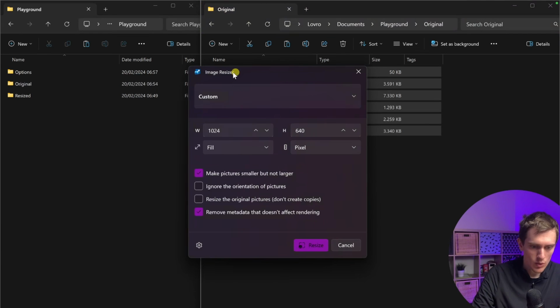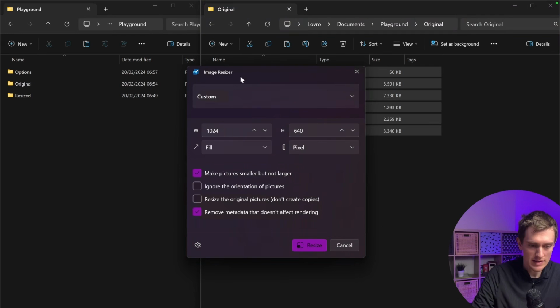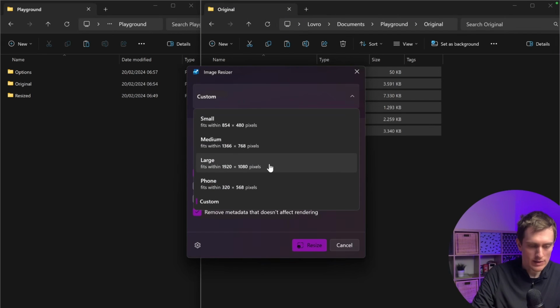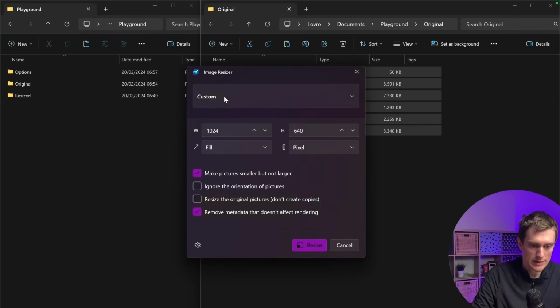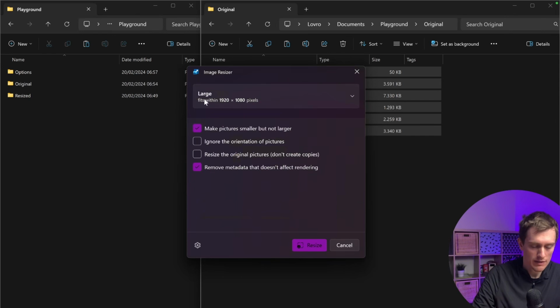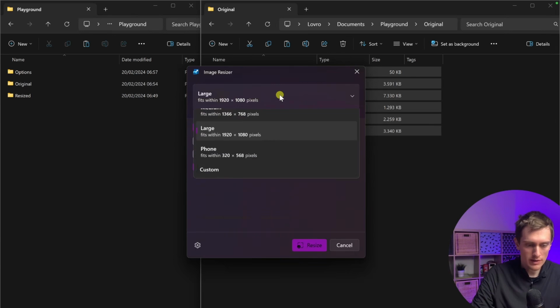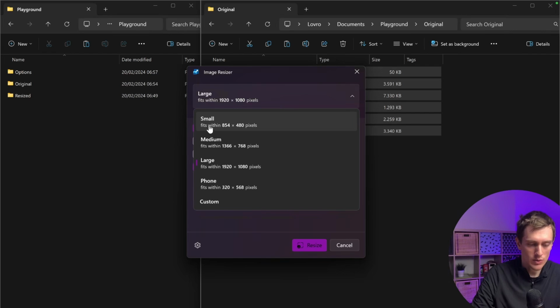And what this will do is open up this Power Toys interface where I can choose some options. You have some options for different image sizes available here, or by default, I believe it'll stay with large. As you can see, this is Full HD, so if you just want to use this size, you can just go ahead and click on Resize. Now, if you want to dig deeper into the options, you can use either small, medium, or phone,